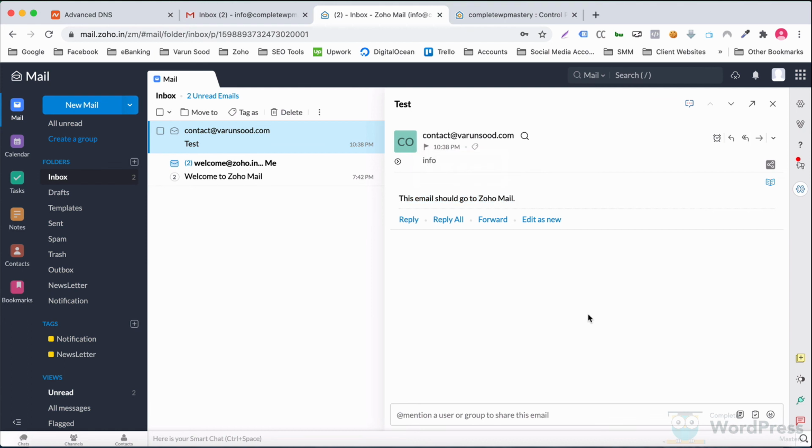Both G Suite and Zoho Mail are great options to create custom business email addresses. There are other services available too. The process of setting those up is similar. Which service to choose depends on your requirements and obviously the budget. In the remainder of this course, I'll use G Suite for our custom email accounts. See you in the next video.